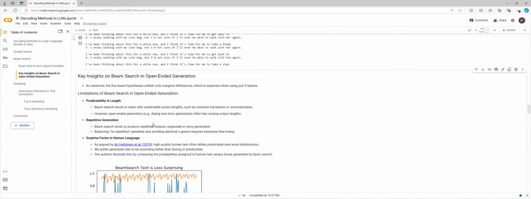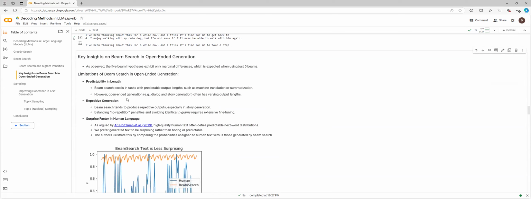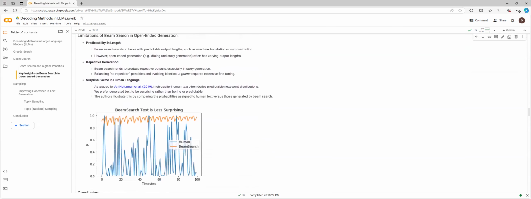Okay. So balancing no repetition penalties, avoiding identical n-grams requires extensive fine tuning. So that's what I was mentioning. Because of the n-gram penalty, it's a bit of a challenge to set up because it also depends upon the task specific. Not only that, there is predictability in length and repetitive generation, and along with these two, there is a